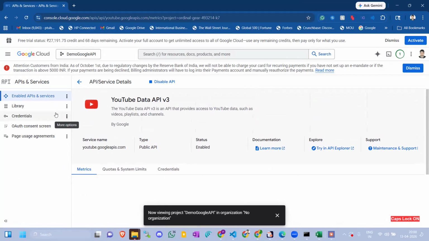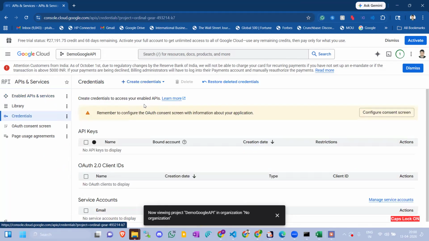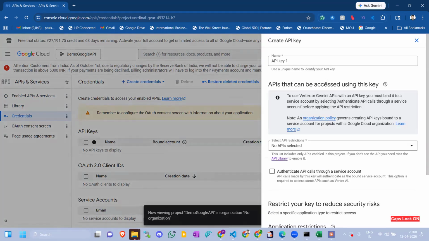API has been enabled. Now you come to credentials part. Inside the credentials, you will get an option of create credentials. In the create credentials, there is API key. From here, you can create an API key. As soon as you create an API key, you can give a name YouTube YT API demo. And once you create it,